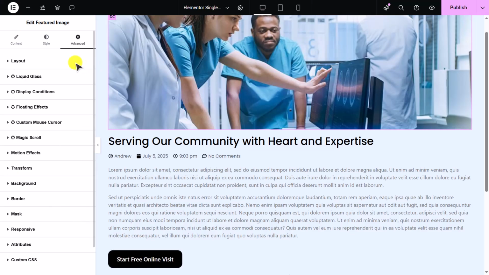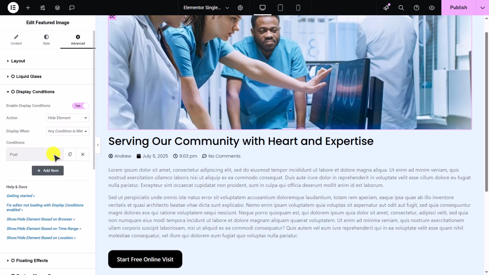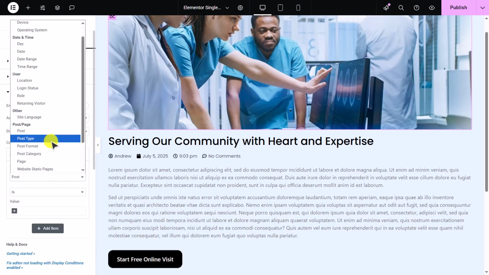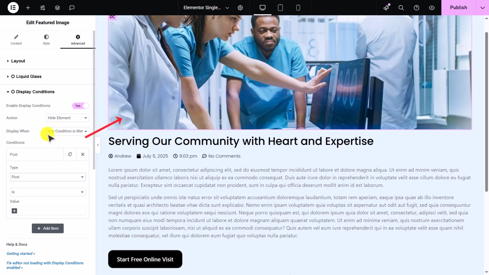For example, you can choose to show or hide specific sections based on the post type, a particular post, its format, category, or even the page it's being viewed on. This is especially useful when you want your template to adapt to different content types without creating multiple versions from scratch. Let's say you've added a featured image to your single post template, but you want to hide it on